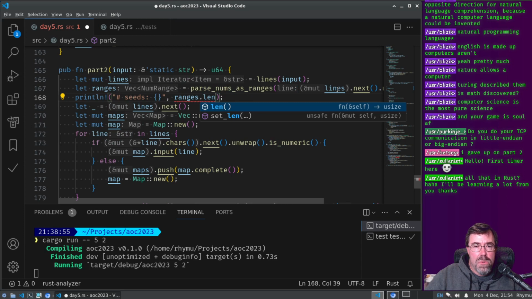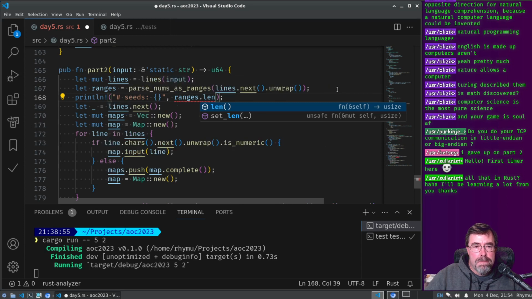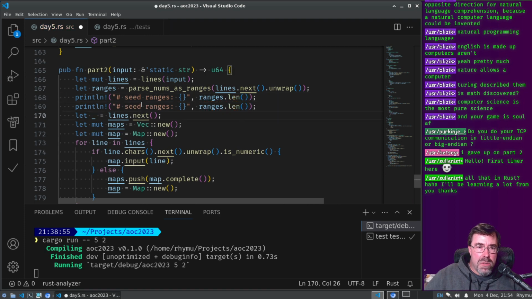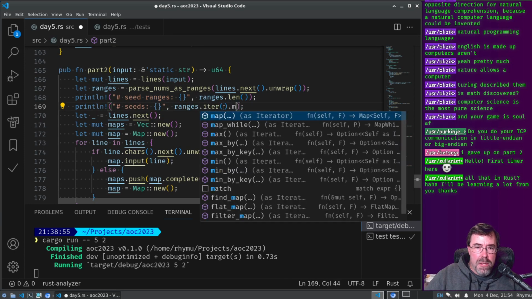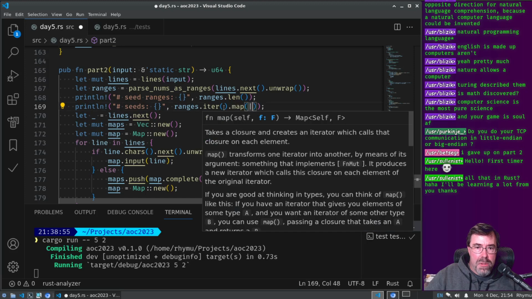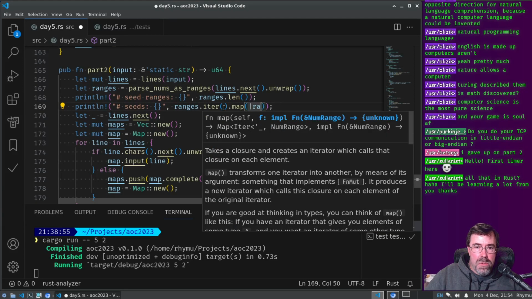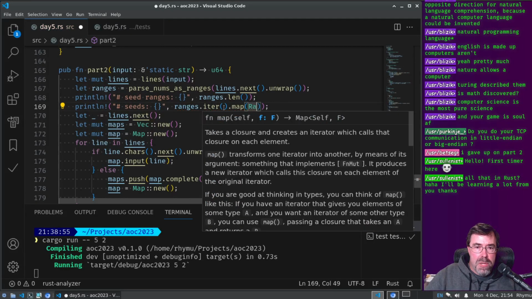Actually, I need to do seed ranges. Right? But then it'd also be nice to know the number of seeds. So the number of seeds we'd have to get by iterating and then mapping the range. Oh, well, we can just call range length, right?